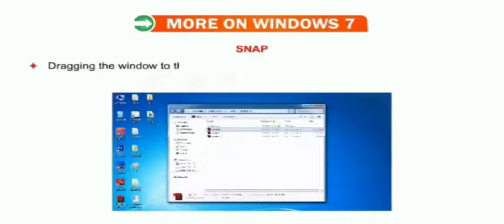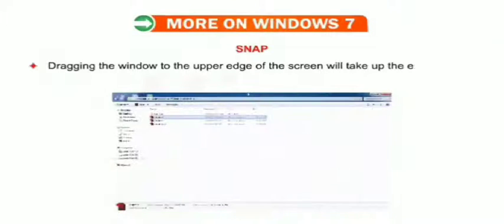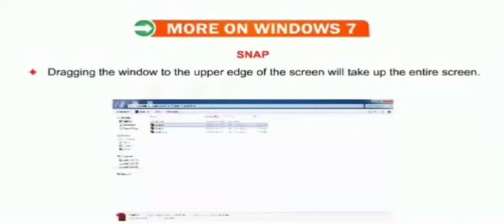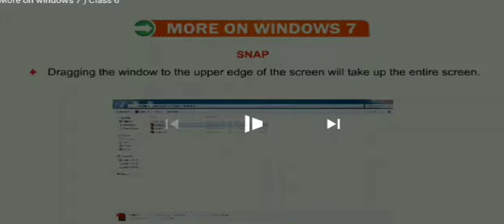Dragging the window to the upper edge of the screen will take up the entire screen. In the second method, if we drag our open window to the top side of the desktop, then it will display that window covering the full screen. Let's see further.